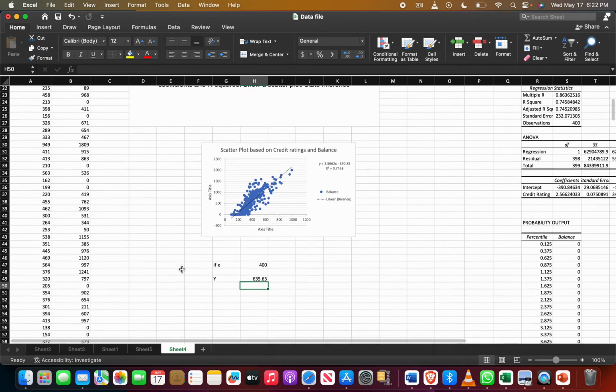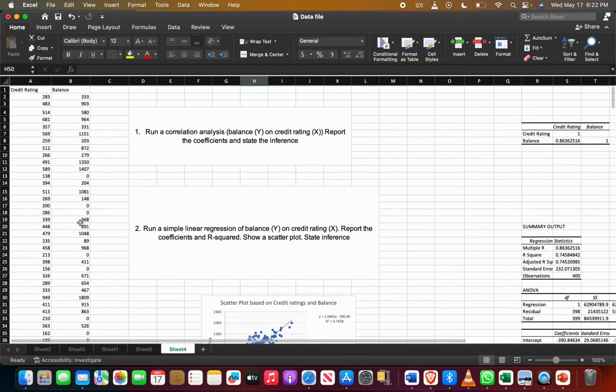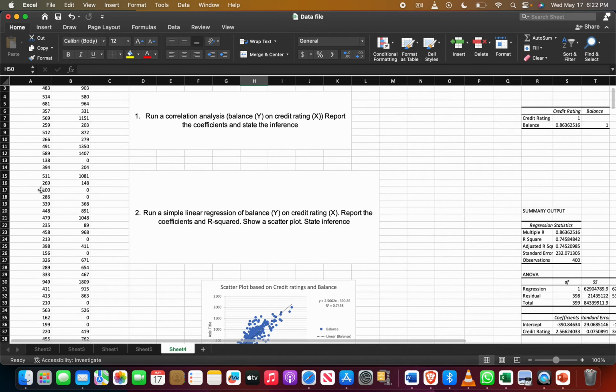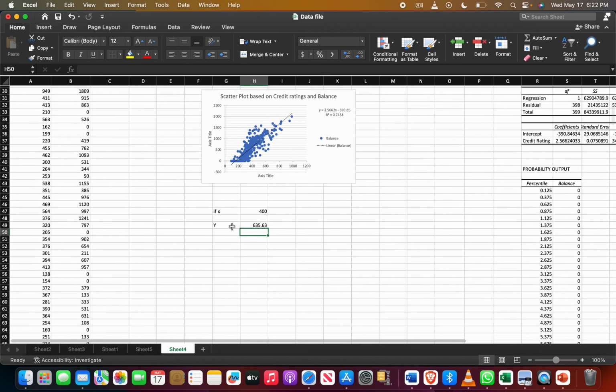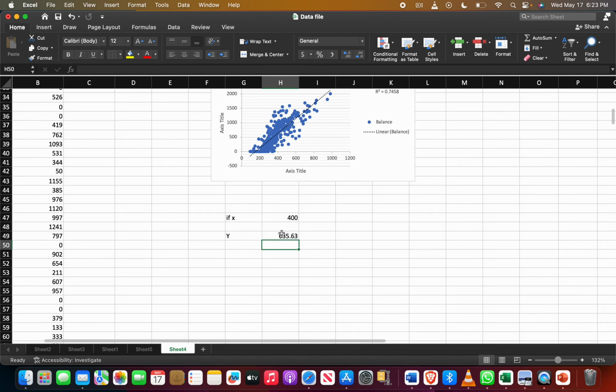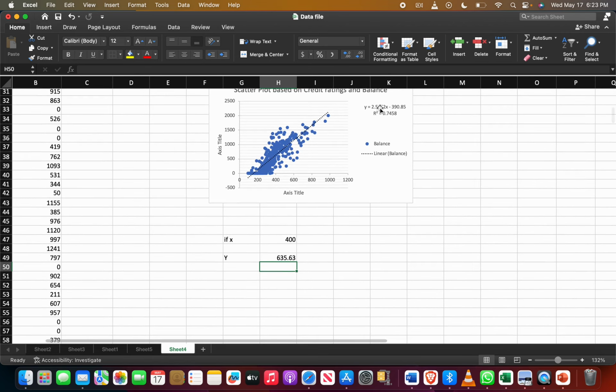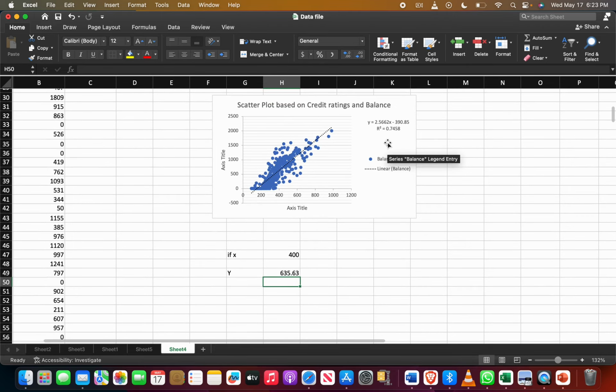So if the x value is 400, it means the credit ratings value is 400, then the y value, it means the balance, would be 635.63. Okay, it's easy. R square indicates how much variation in the dependent variable is explained based on